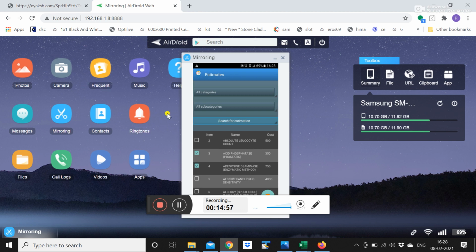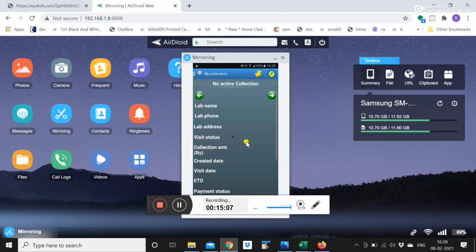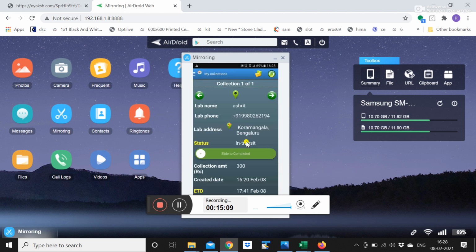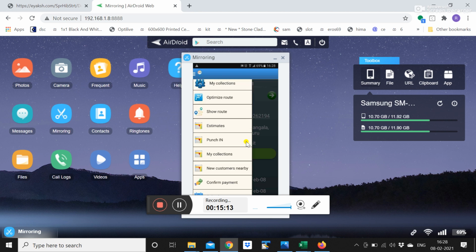So you can select these two tests, the amount is 350 plus 750. So he can just see that the estimate is 1100, and he can create this as an additional collection with the same customer name.